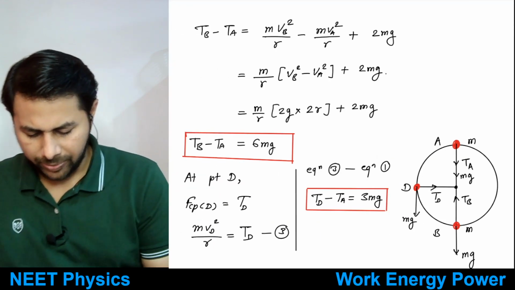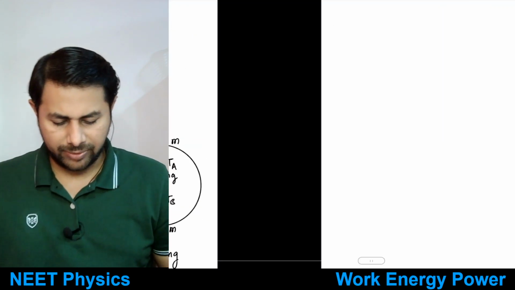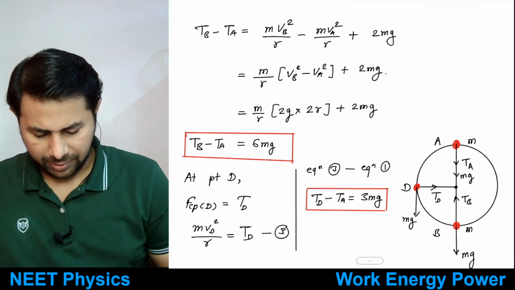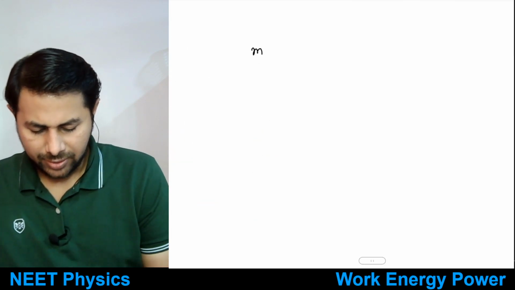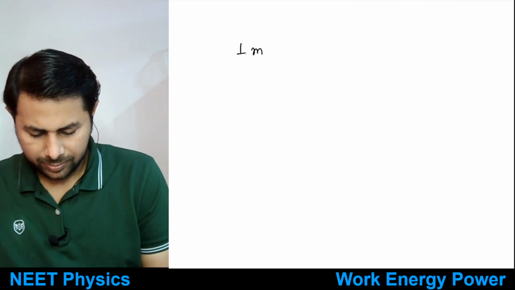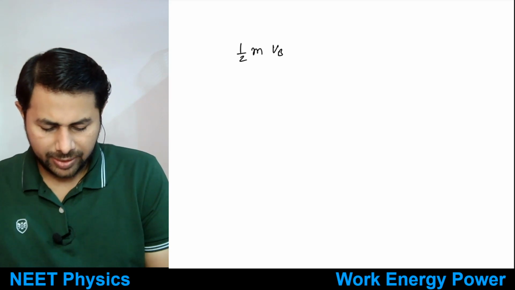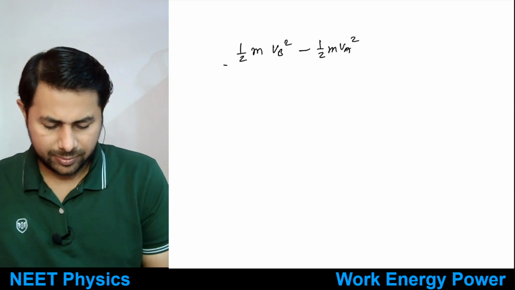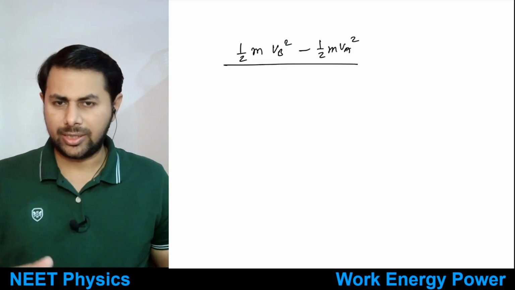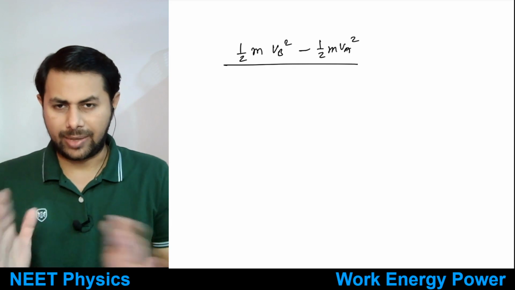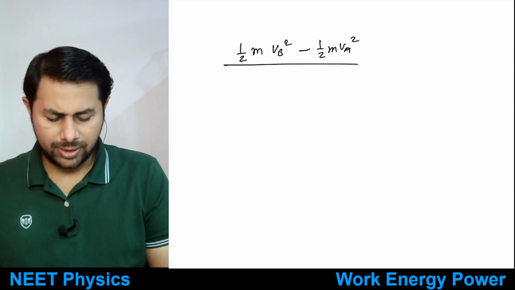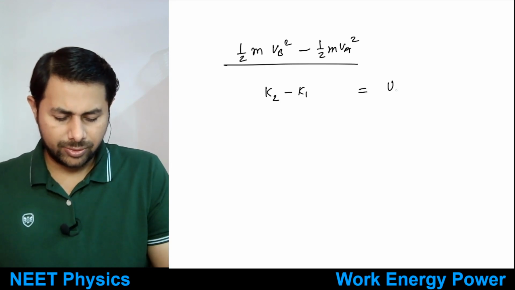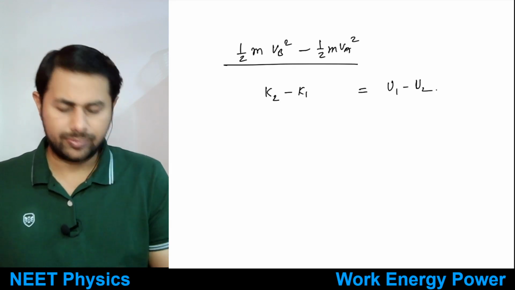Okay, so what do I want to find? I want to find out vb square minus va square, and I will take that m also inside. So I have half m into vb square minus half m va square. So you can say it is the difference in kinetic energies at the final minus initial position. So this is equal to k2 minus k1. It is equal to u1 minus u2,